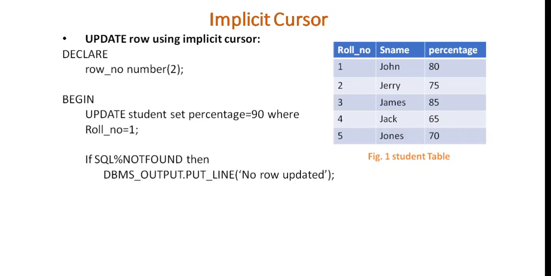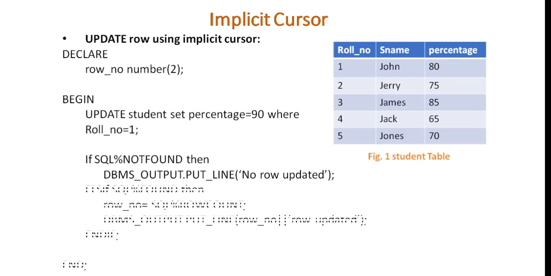If SQL%NOTFOUND returns a true value, then no rows are updated. Otherwise, if SQL%FOUND returns a true value, it means that a row is updated by the cursor. Then we are fetching that row count by using the SQL%ROWCOUNT syntax into the row number variable, and then we are printing the number of rows updated